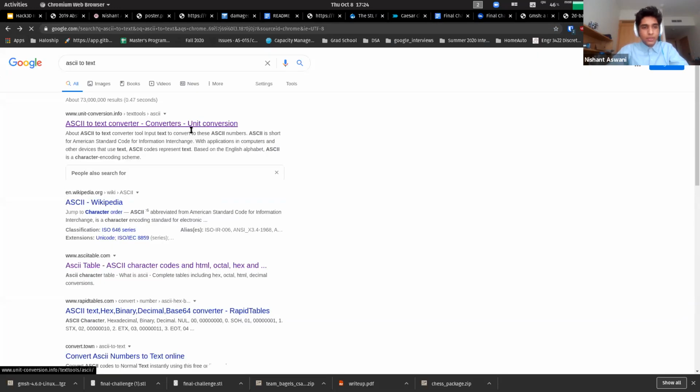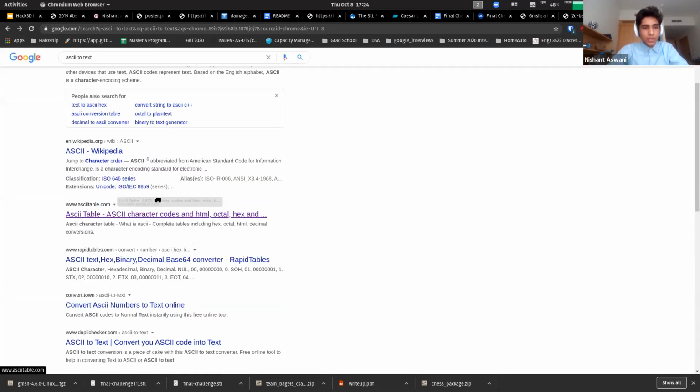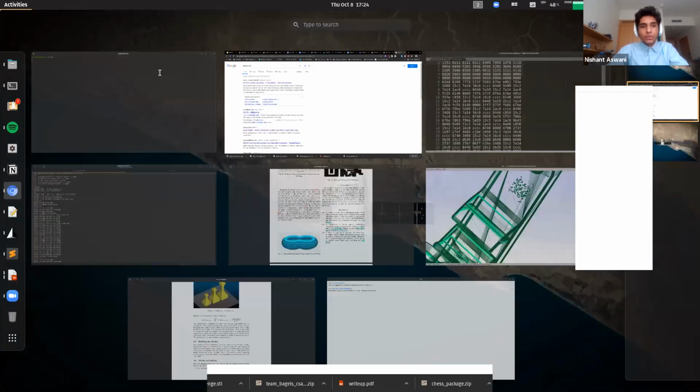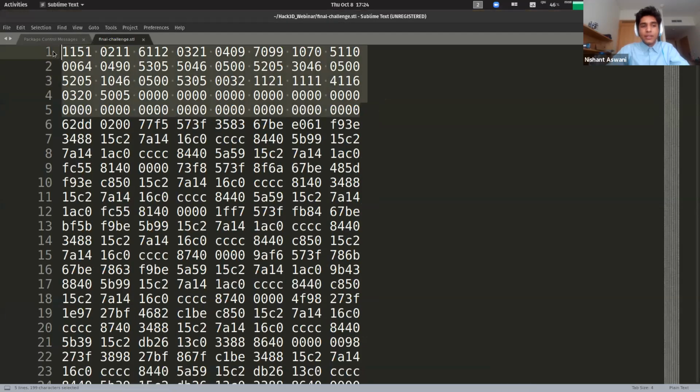Okay, I don't have it pulled up, but essentially, if you were to run this through the right software online, this is essentially ASCII code, right? With incorrect spacing. So if you looked at it, these would convert to letters,